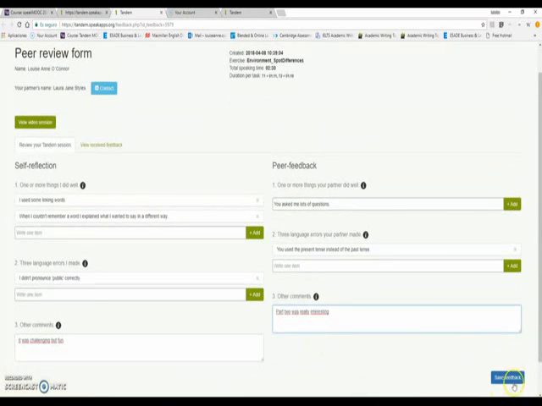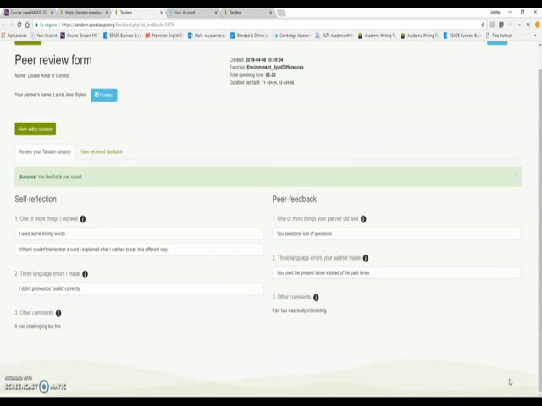When you're happy with all the feedback, you can press save and submit, save feedback and submit the form. And here you've got your feedback, and if you want to, you can view the received feedback